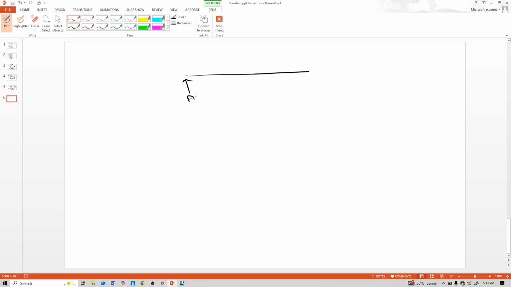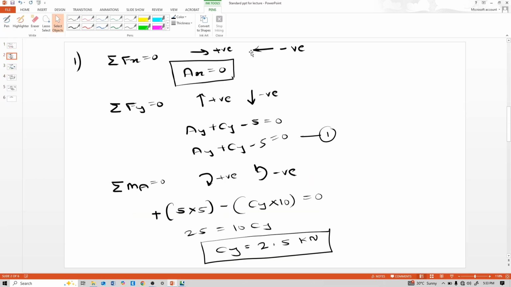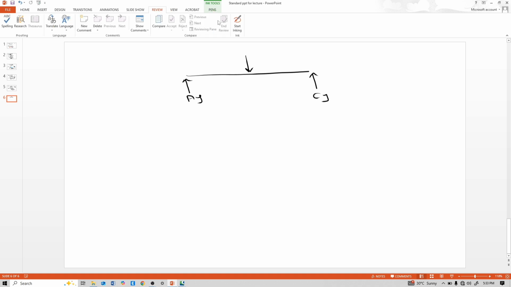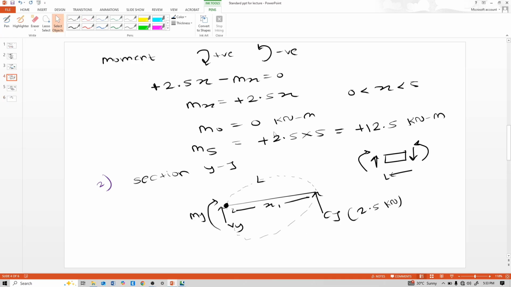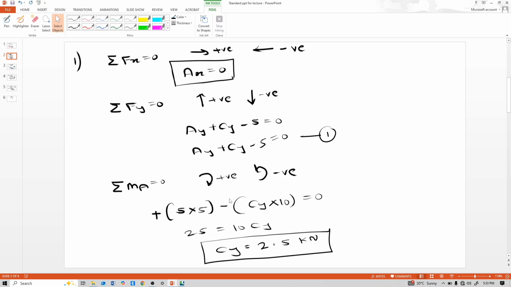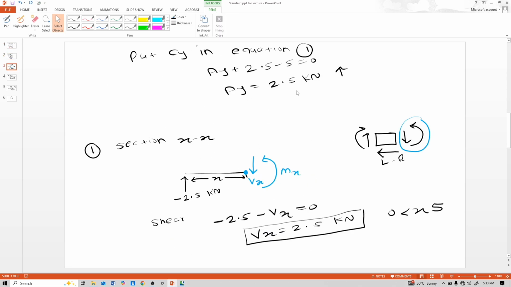This is AY, this is CY, and this is 5 kilonewton. So see our AY is 2.5 kilonewton, and at 2.5